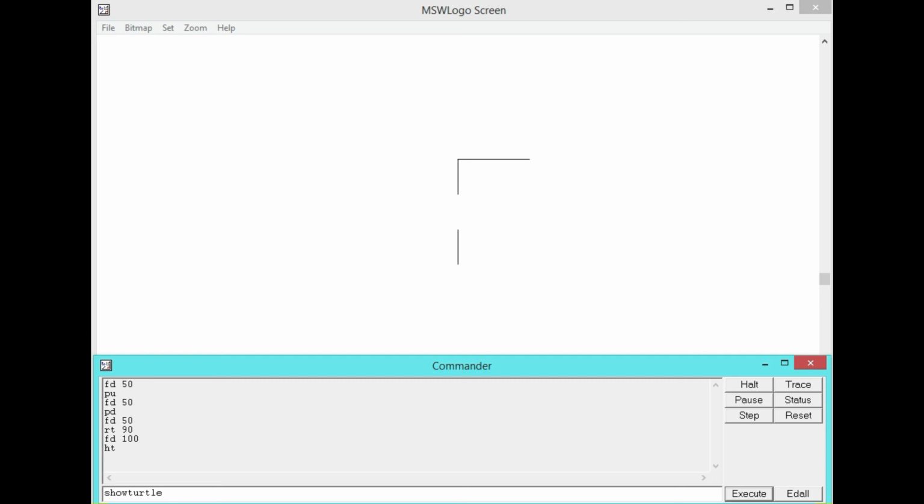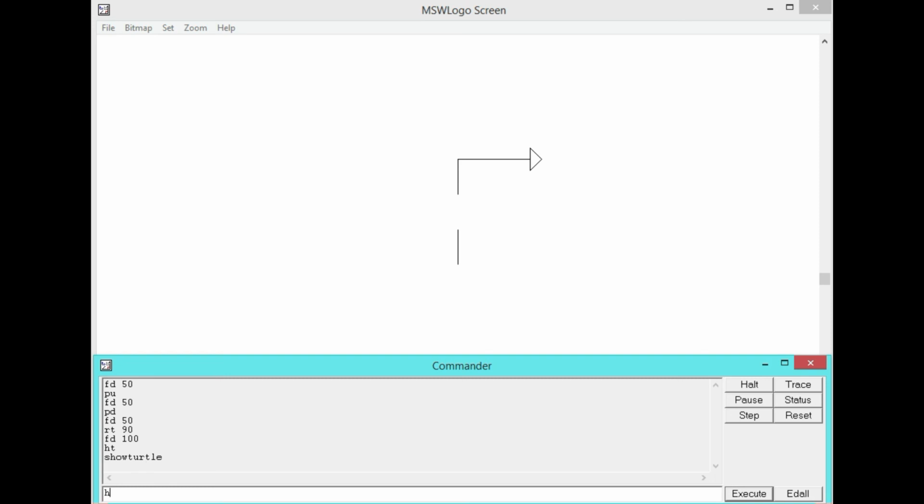So for example, right now you can see that the turtle is hidden from the graphic area. So the show turtle command will again display the turtle in the graphic area. So I have already written show turtle, and now I will press enter, and here you go, you can see the turtle is again displayed on the graphic area.